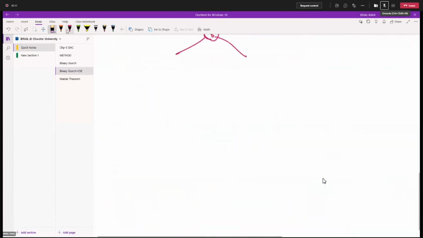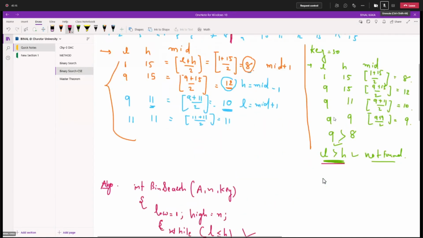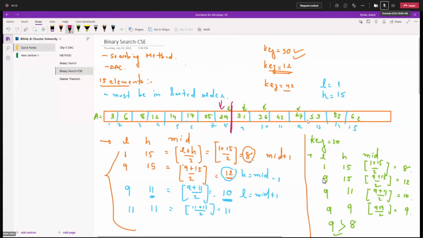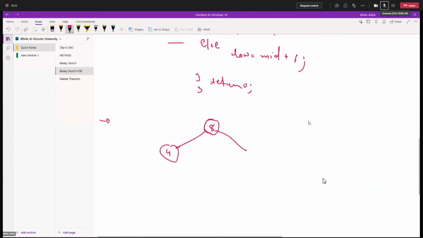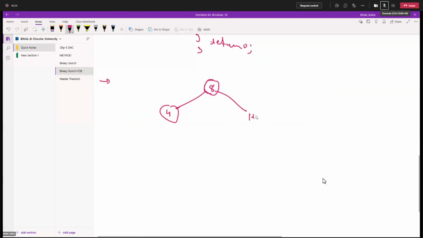On the right hand side? 12. Right hand side, 12. Good. Again, it is divided into two parts, left and right.